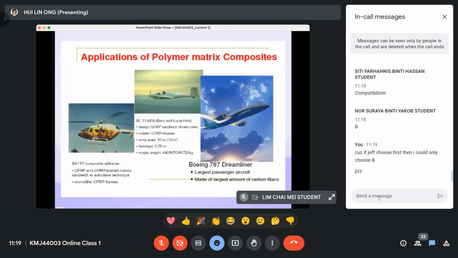These are all the applications. I let you see the pictures. Well, actually, polymer